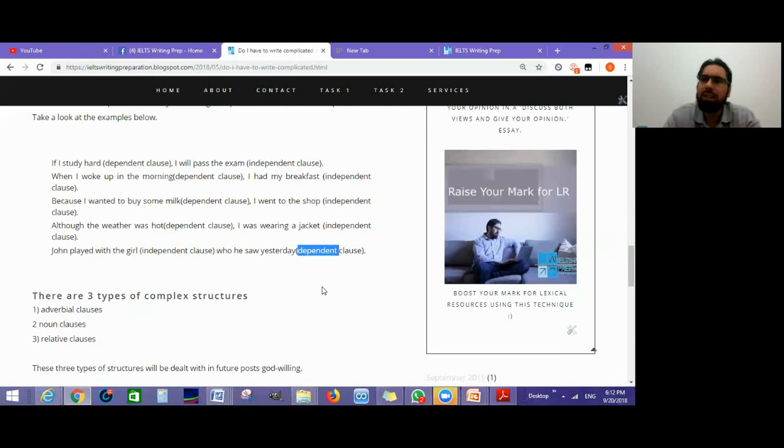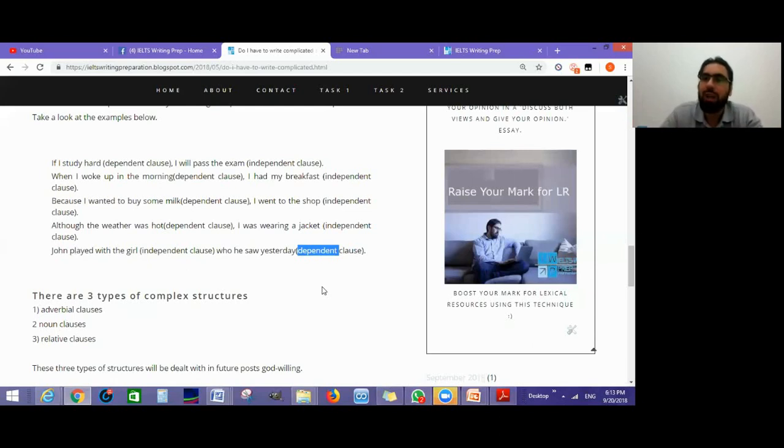Okay, and then we have noun clauses. A noun clause is a subject and a verb that functions as the subject of a sentence. So it's like a whole sentence, but we're using it as a subject for the verb. For example, what he didn't know. Okay, what he didn't know. So this is the subject. What he didn't know was. So here we have a whole clause functioning as the subject. What he didn't know was, and then we can continue.